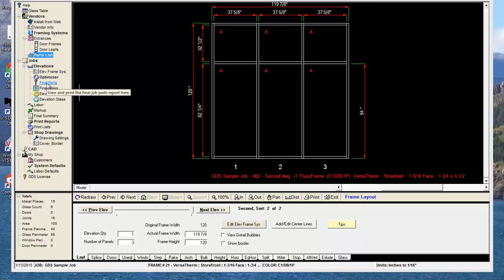So now when we go back to what? Oh, so here's a trick. I've just changed something in my master parts list, right? But my job has already been created. So the job already created copies of the parts when I first made the elevations. So anything I do in the master parts list does not affect the job I've already created unless I go